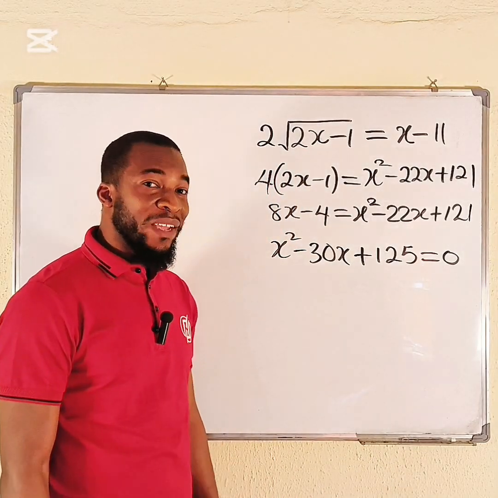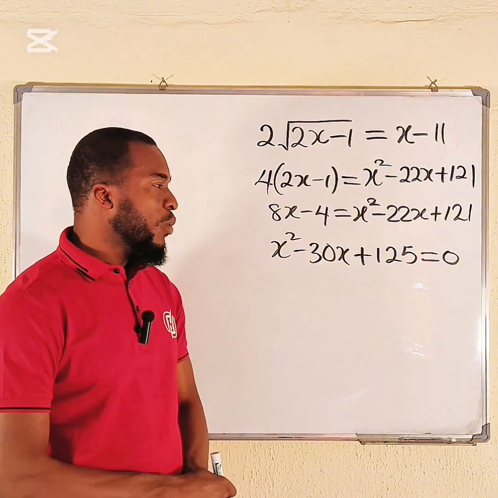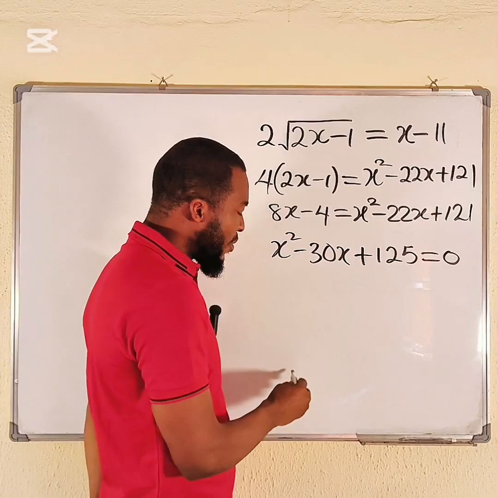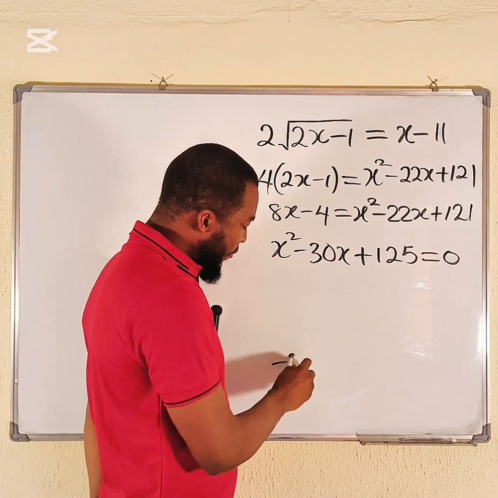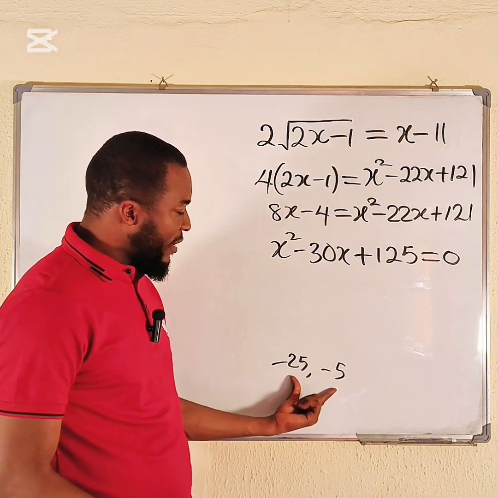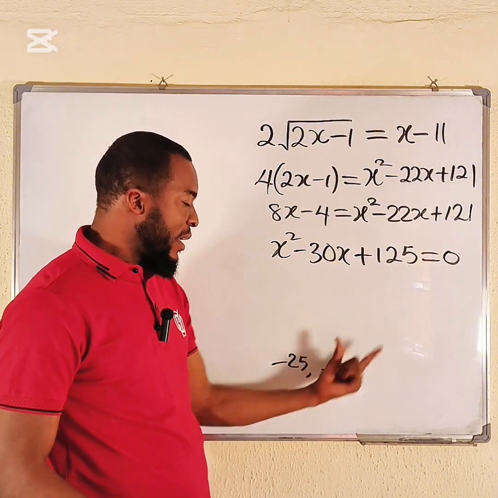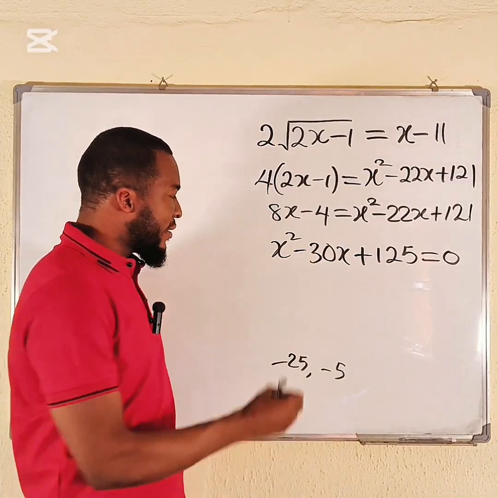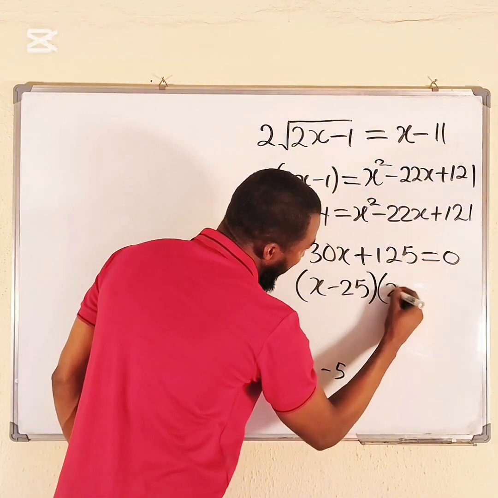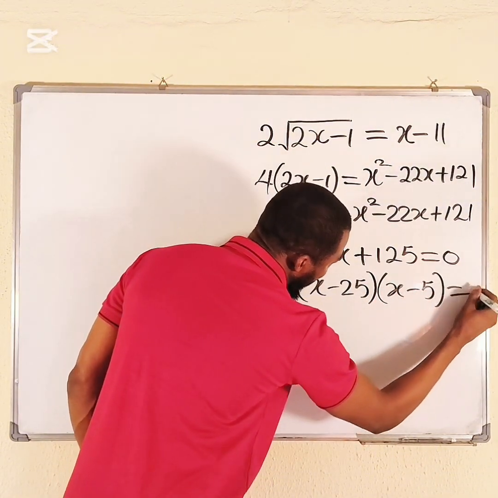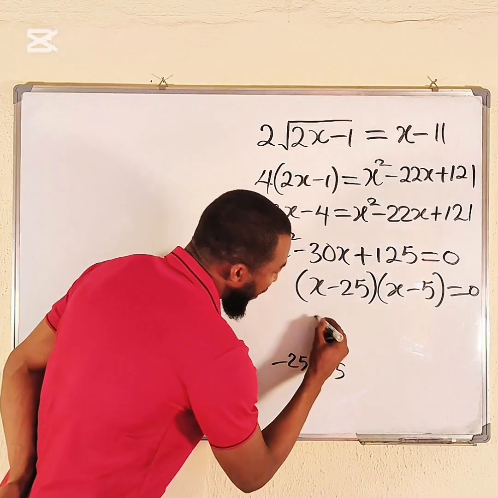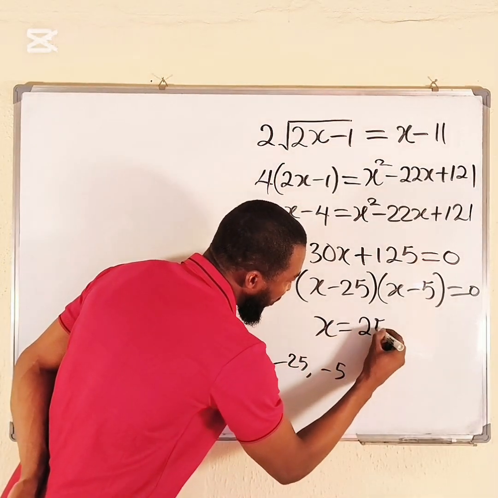Two numbers you can multiply together to get 125, and you add them together to get negative 30. The numbers are negative 25 and negative 5. Yes. If you multiply these two numbers together, you get 125. If you add them together, you get negative 30. So we have our factors x minus 25 multiplied by x minus 5 equals 0. If you set each factor here to be equal to 0, then it implies that x will either be equal to 25 or